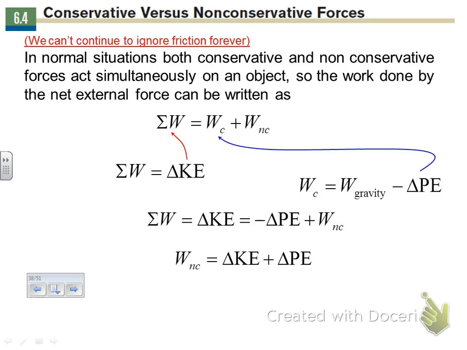Under normal situations, we always have a series of conservative and non-conservative forces acting on an object. As an object falls through the air, even though gravity, which is a conservative force, is acting on it, we also have a resistance force by the wind acting on it. When we look for the total net work, it is equal to all the conservative work being done plus all the non-conservative work being done by those non-conservative forces. And when we combine it with our net work equations,